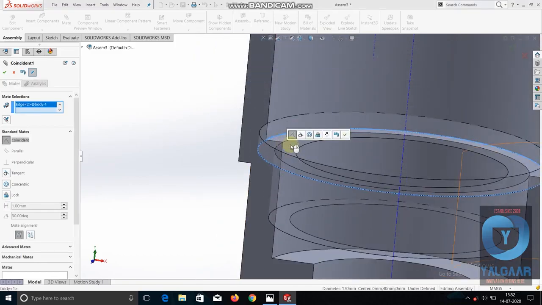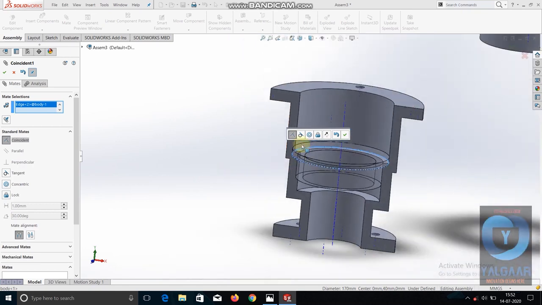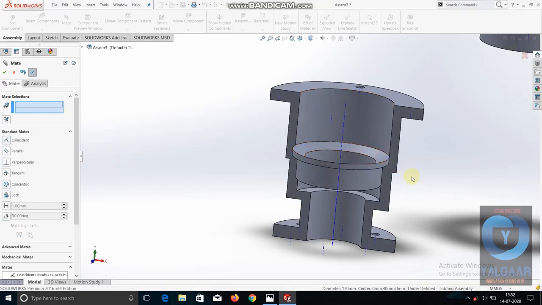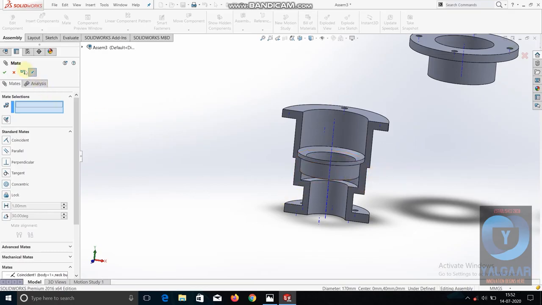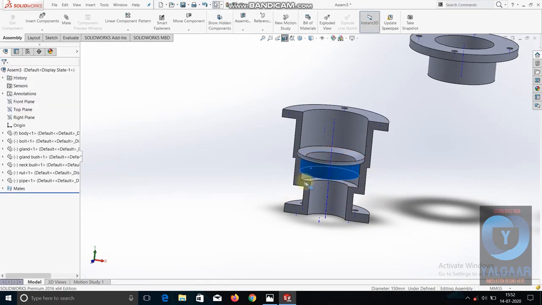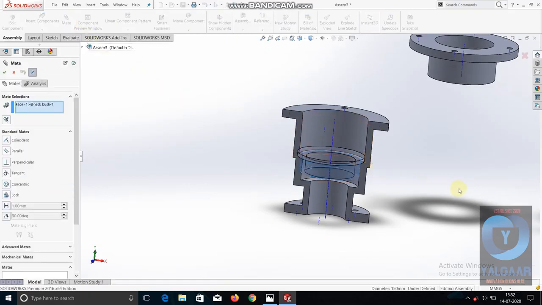See, it connects automatically. Here are some options: coincident, tangent, concentric, lock the two components together, reverse direction. See, if I flip the alignment, it matches reversely. We don't want that now; I just showed you that as an example. So we have made this mate, and now this won't move. The component is now constrained to its position.